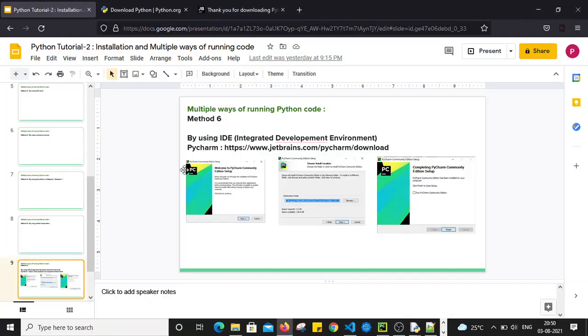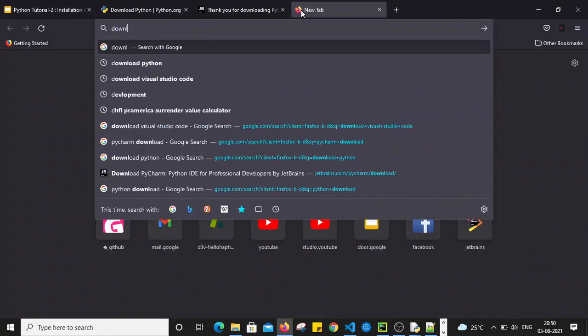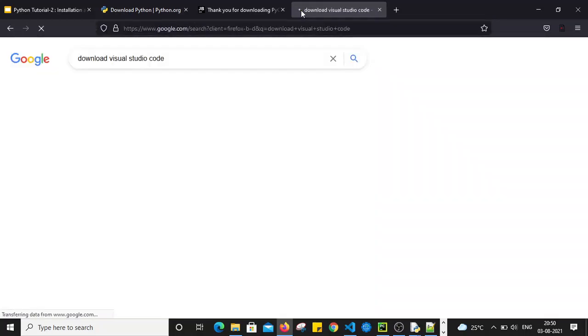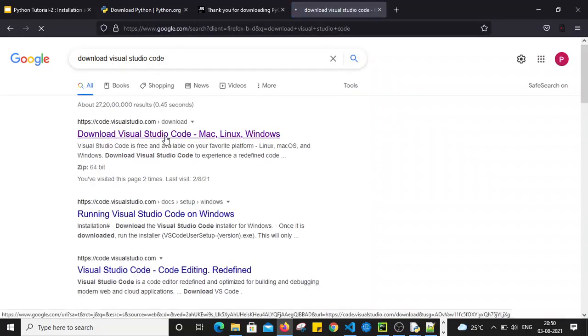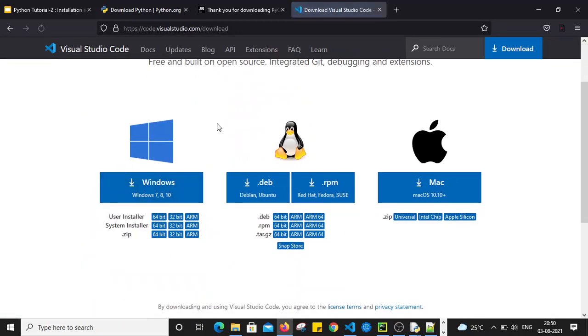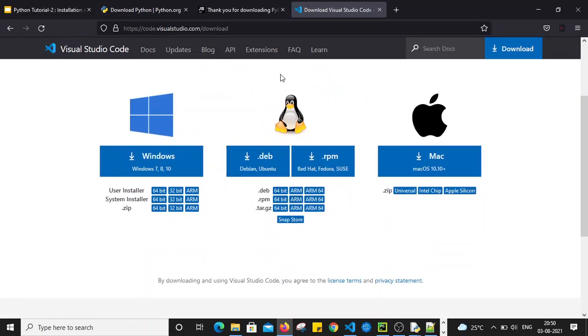For example, let's say I want to use the Visual Studio Code IDE, right? We can also use Visual Studio Code. So how can we do that? We can simply download Visual Studio Code. If you go to their website and select download Visual Studio Code, you can click on download for Windows. It will download the installer file, that is the .exe file, and after double clicking on that exe file, you can complete the installation of Visual Studio Code. I have already installed Visual Studio Code in my system, so I'm just going to open that.